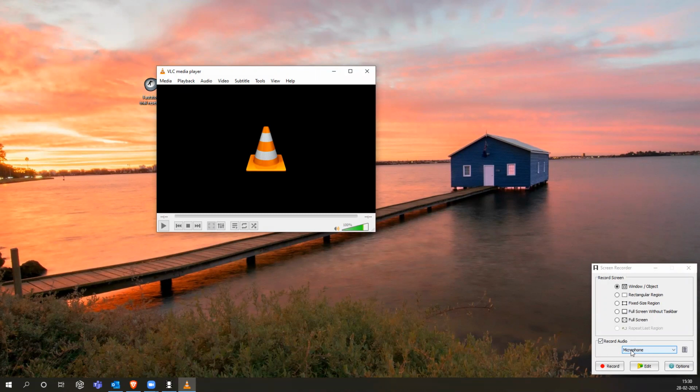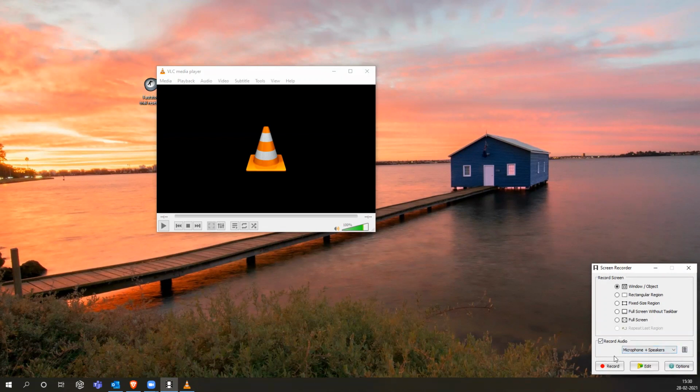And let's say if I am on some call, when I click on microphone and record, only my voice will be recorded. If I click on speakers, only the other person's voice will be recorded. When I click on microphone plus speakers, both of our voices will be recorded. Understood?